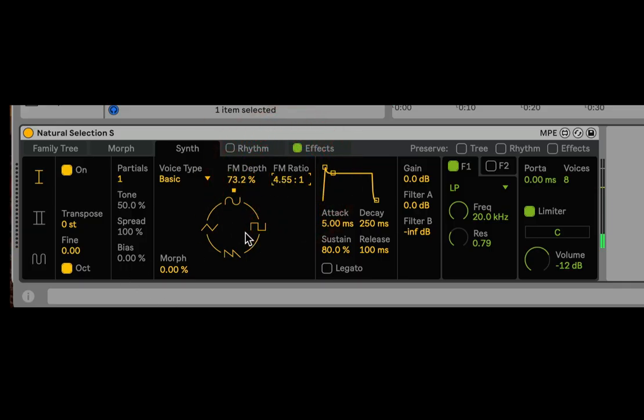Okay, so we have FM. We can morph it from there, although it probably sounds better with just the sine wave at this point. Okay, but let's turn that off too, because we're going to do the partial system. So as you can see, there's already two ways to add harmonics to this basic oscillator, one with FM and one with just changing to more harmonic waveforms. But then we have this partial system, which is